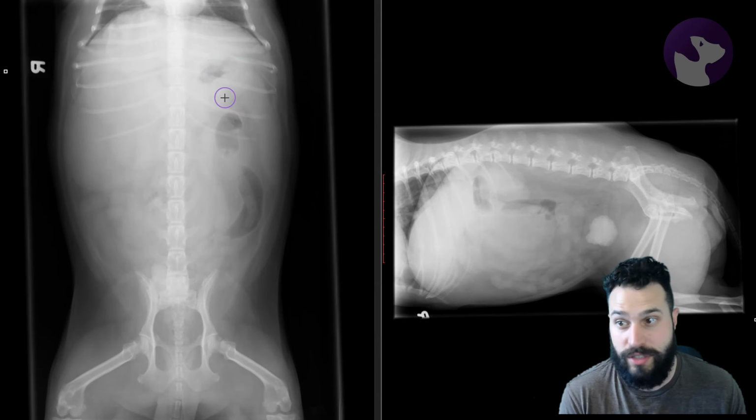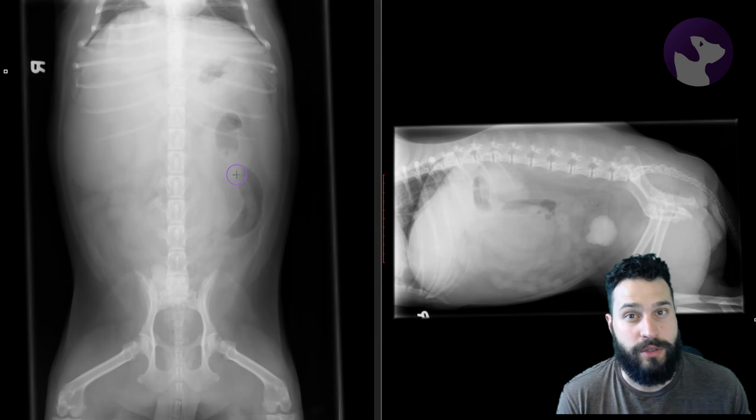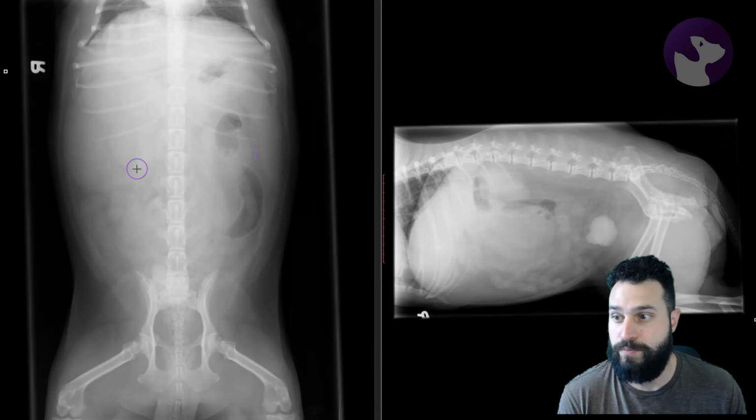Well, definitely pancreas could live there. However, typically pancreatic masses are going to sit between the stomach and the colon, cause displacement of those two things away from each other, which we're not seeing in this instance. To me, there are three major diagnoses for a mass that looks like this one, and we've ruled out those other two features. The first being maybe a splenic mass, so this could be part of the ventral extremity of